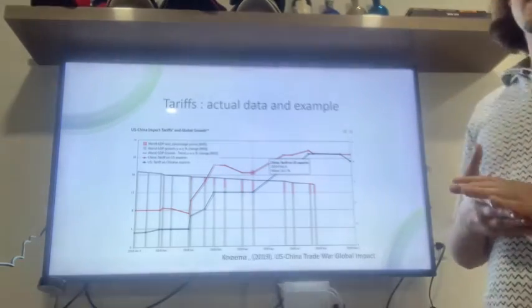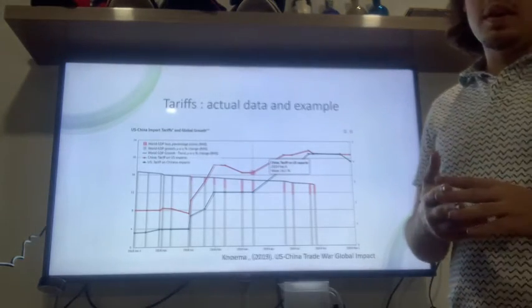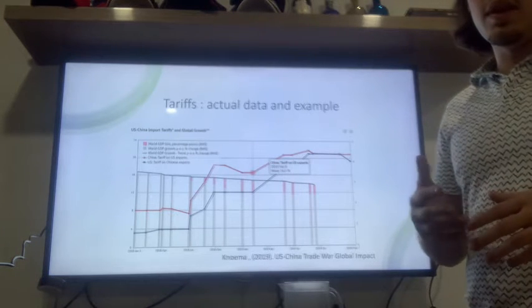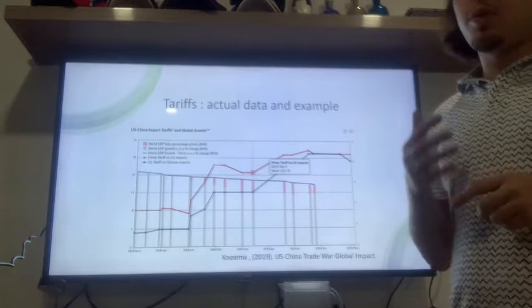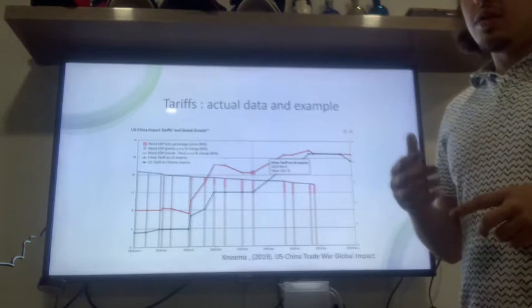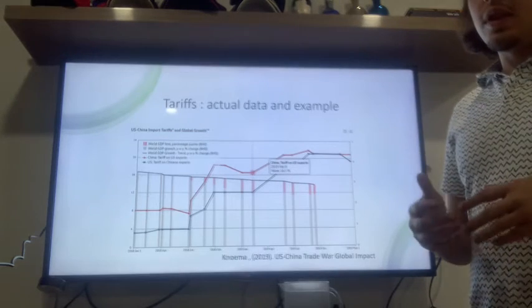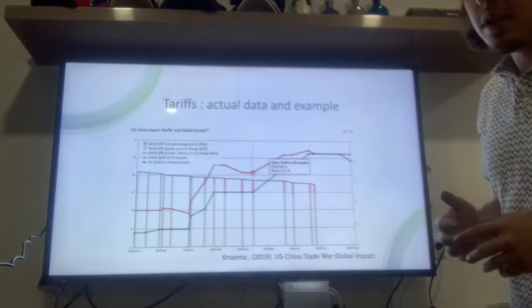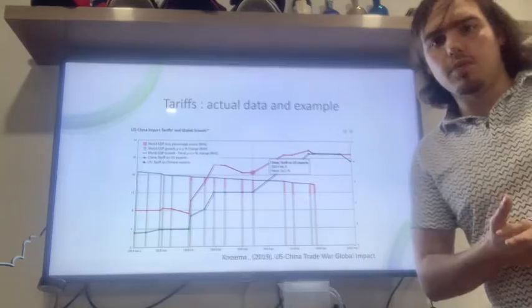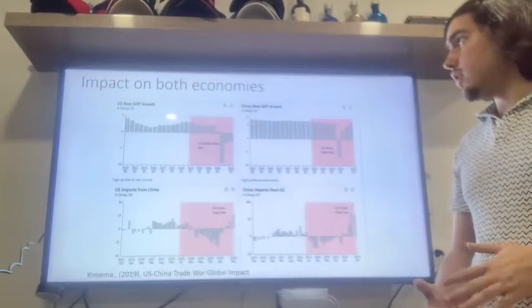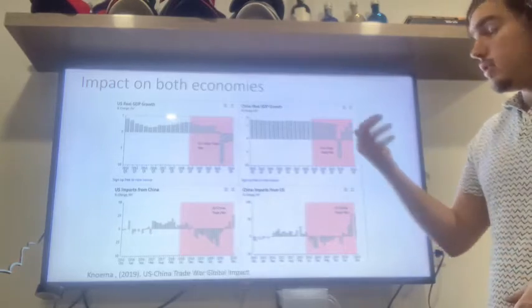And so by 2019, the tariff war had led to a 0.4 to 0.6 percentage point decline in the world's GDP and long-term year-over-year growth. Impact on both economies, as you can see,